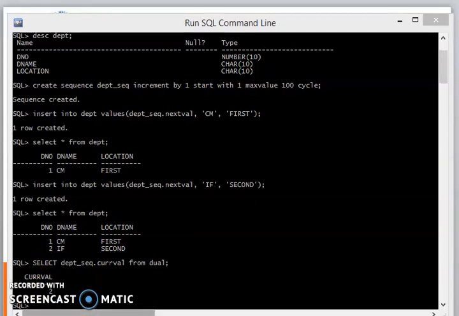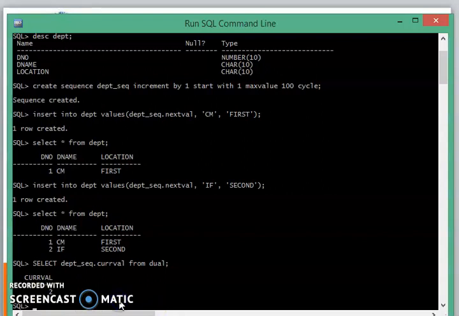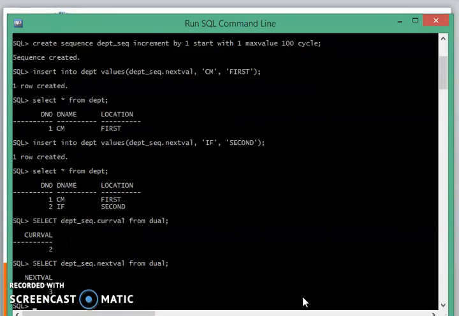If we write select nextval, it will give us the next value for the sequence that can be generated. So now my sequence number will show 3. And when again we insert the data into the table by using the insert command, this time the sequence number will be generated as 4 because 3 is already generated by the nextval attribute.